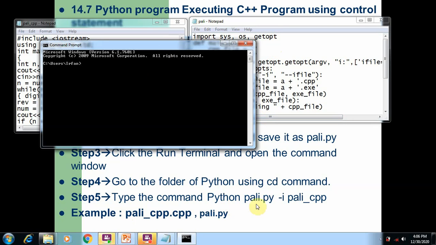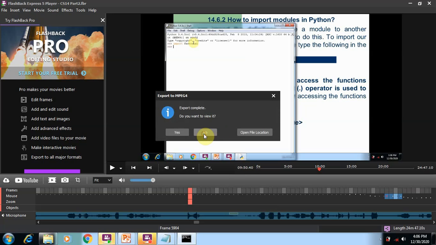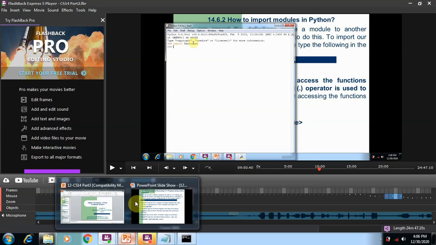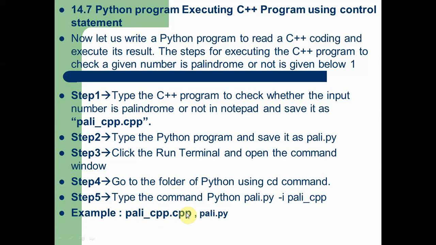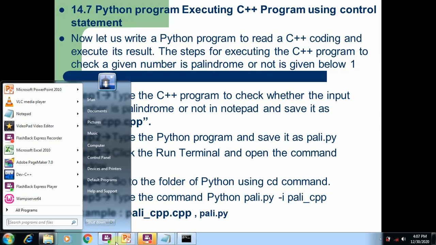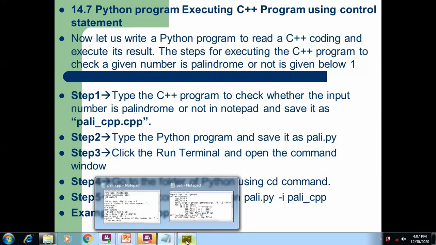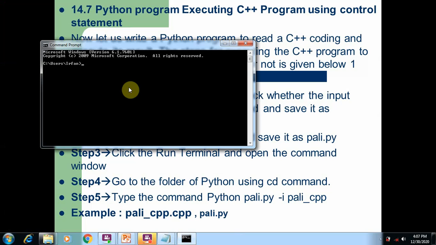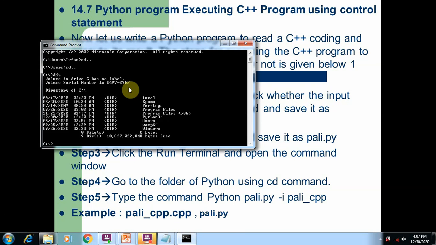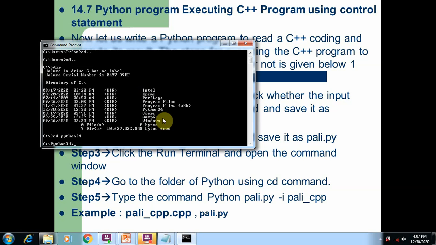But at the time of giving this command, we should give the full path name for easy understanding and easy commanding. Here both the C++ and Python files are stored in the Python folder. So here I am going to execute the cd command to get out of this current folder, and by using the dir command I am listing all the directory information. Here you can see the Python 34 folder. So use cd Python 34 to get into the Python folder and type the command